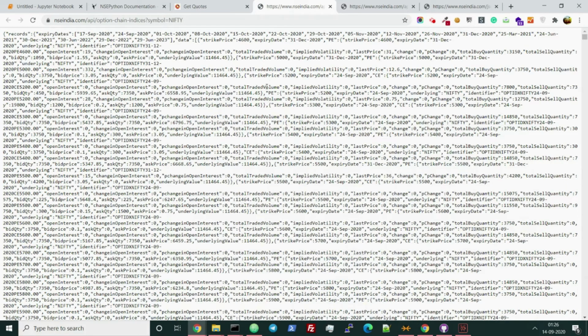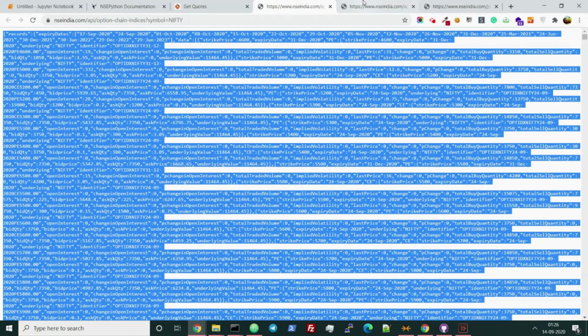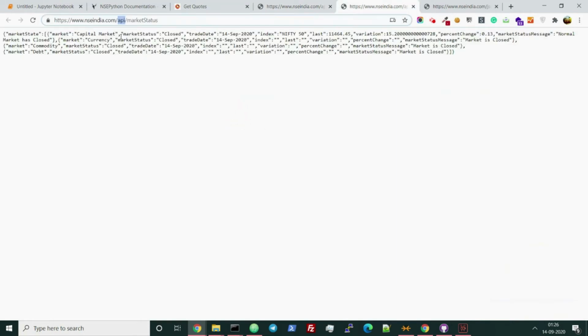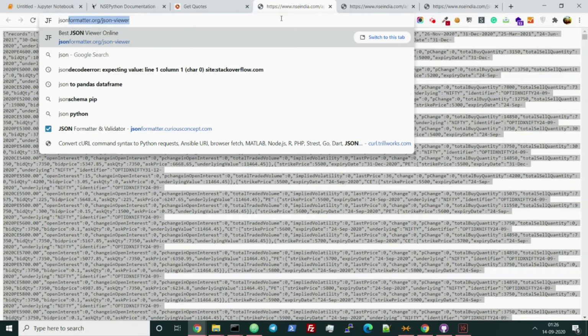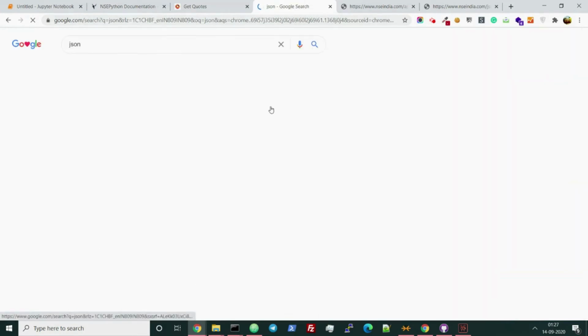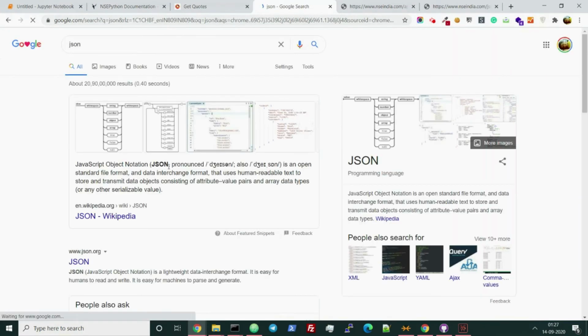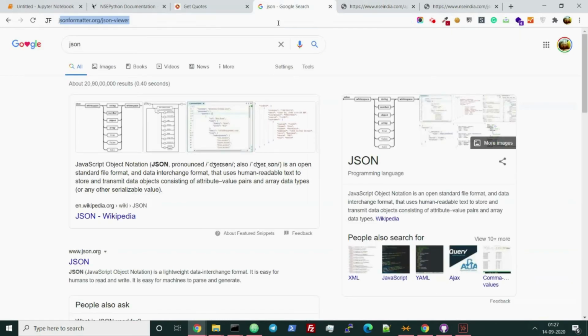So how to understand this whole thing? Let me start with something small. Let me start with this one. This is called JSON data. So what is JSON? Just type what is JSON. A JavaScript object. It is a JavaScript object, and it is a very popular thing. Many APIs, like Zerodha, LS Blue, and every other broker, NSE, and many websites use this one. So this is basically JSON format. So how to understand this format in a human way?